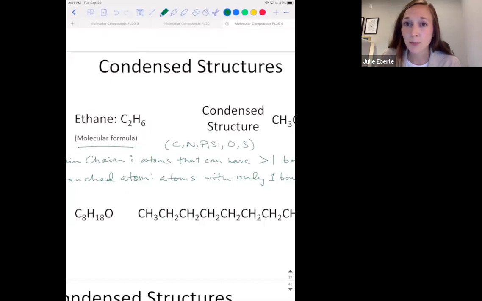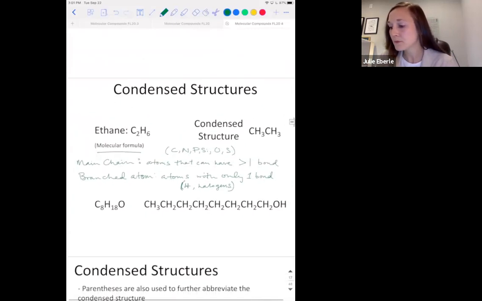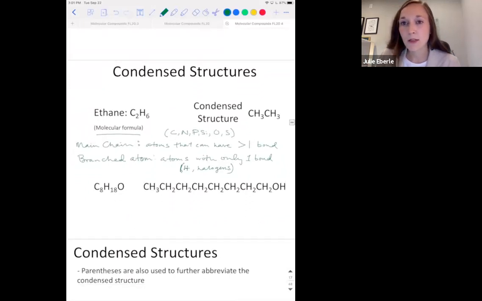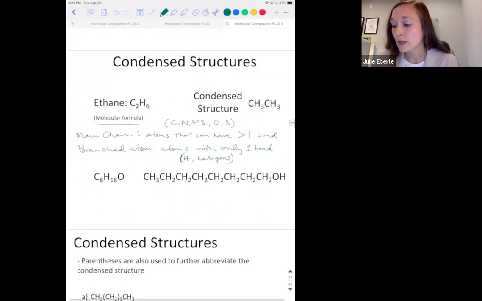Which atoms can be branched atoms, or only will be branched atoms? That's going to be hydrogen, and that's going to be your halogens. Okay, these guys can only form one bond, so they'll never be central or main chain atoms. Now remember that once you find a main chain atom, it is connected to the next main chain atom. So if we are imagining this big structure down here,